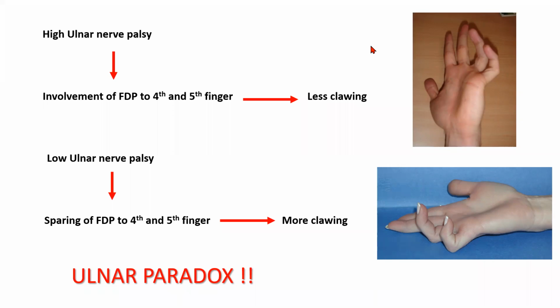Any other doubts? See, don't get confused by this movement. You have to be clear that the middle finger is the axis here. You may say this is the ulnar side, this is the radial side, or this is the medial side and this is the lateral side. But with regards to abduction and adduction, the middle finger is the axis when it comes to the hand. Any more doubts?